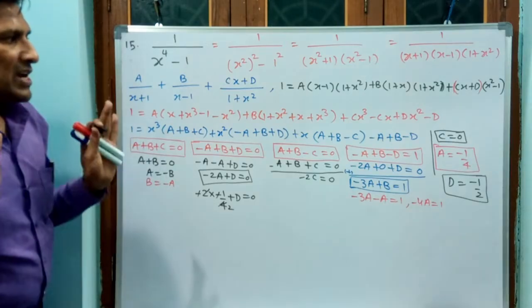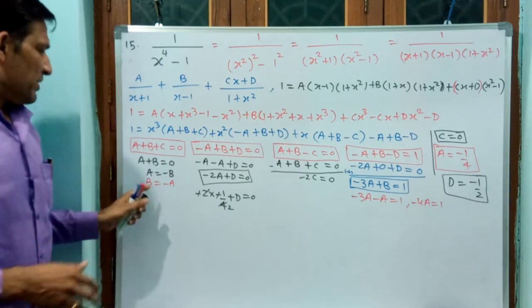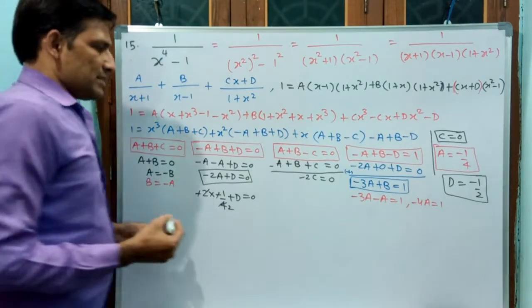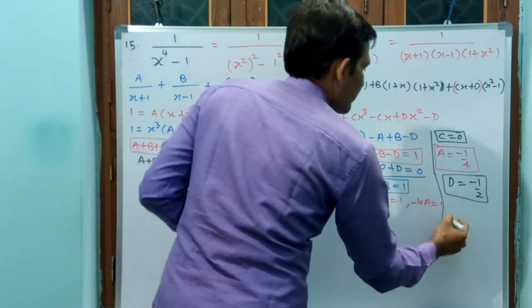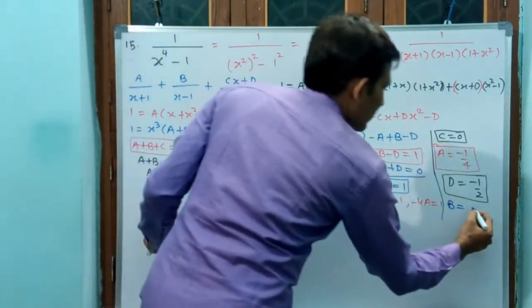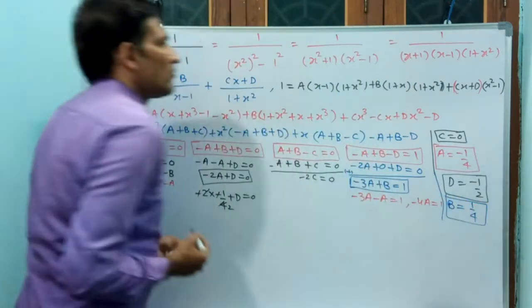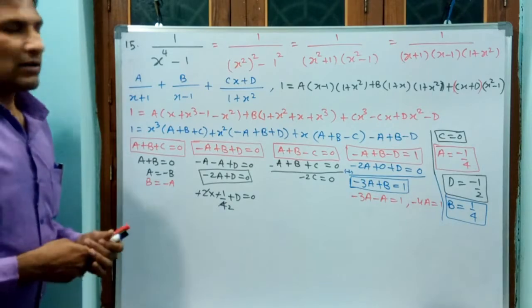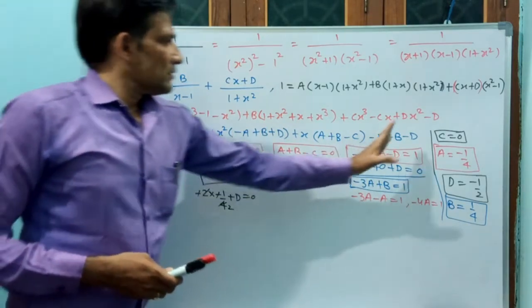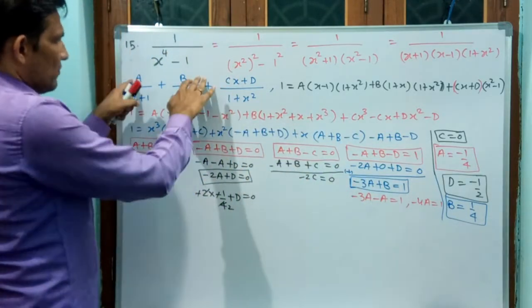You have got a, c, d values, but c is 0. You have to find the b value also. B you can easily find. B is minus a, that's all. Write down, b is equal to minus a, which means 1 by 4. All four values you have got. What I am doing now is rubbing these values out and taking these integrals.